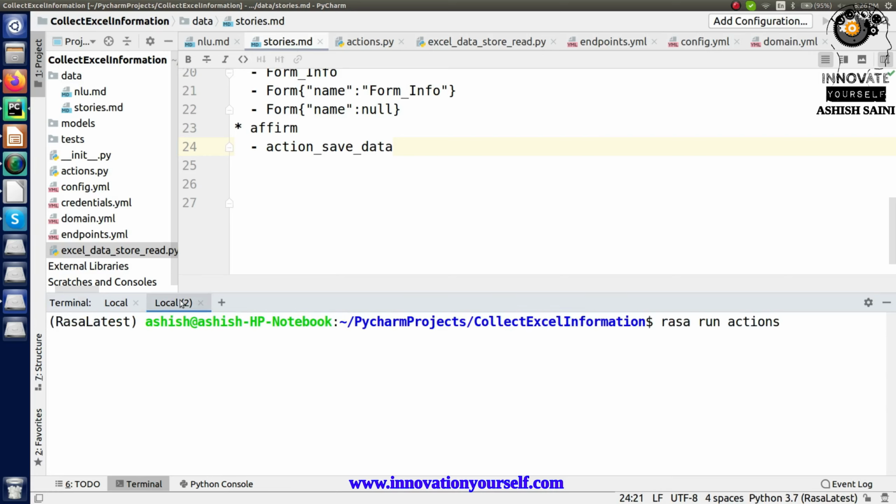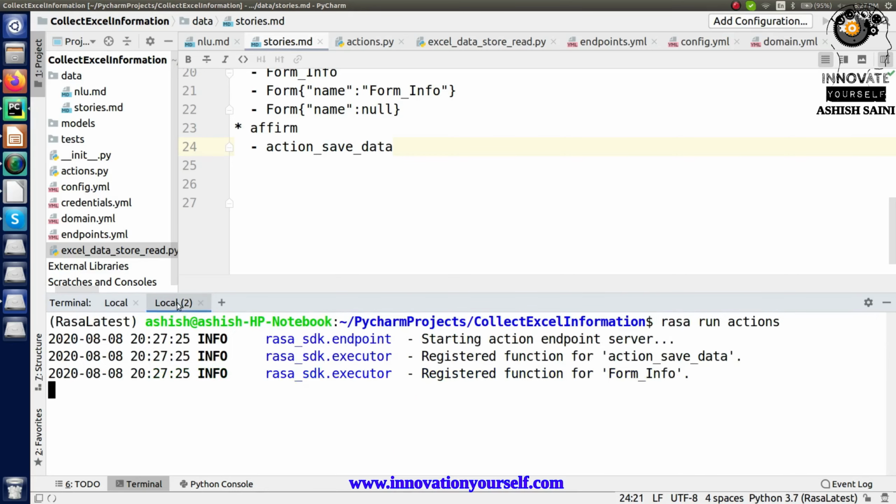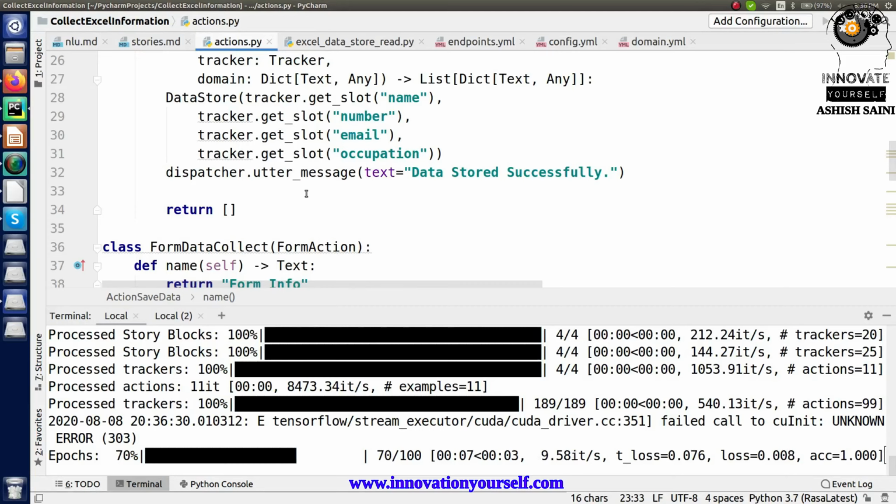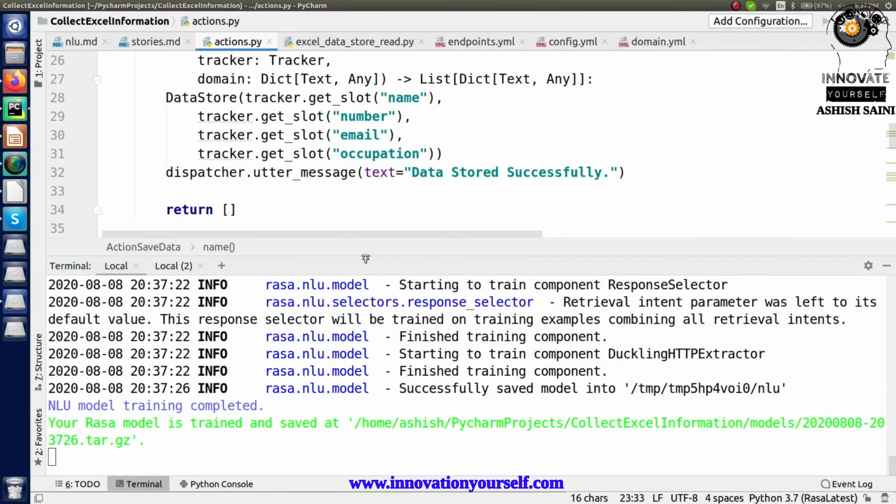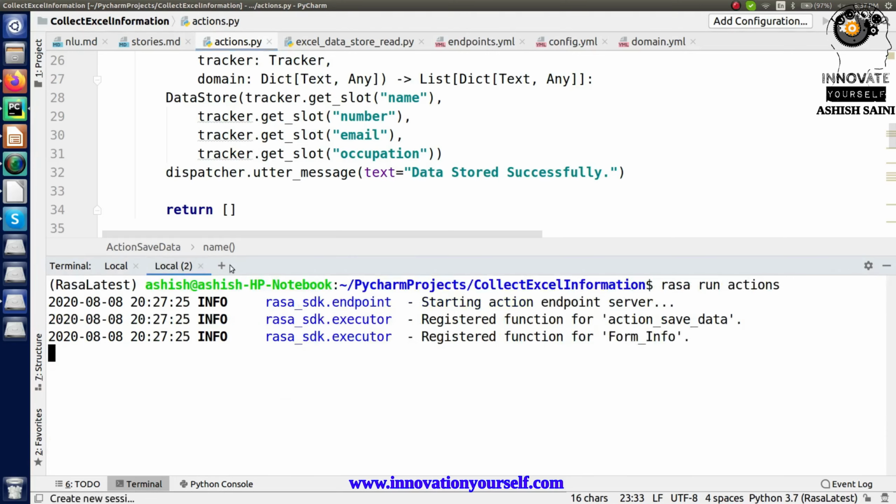Let it finish. Your model is trained and your action server is also running.